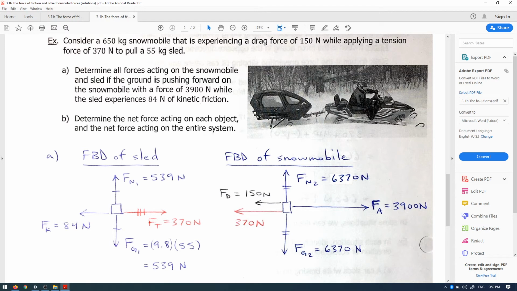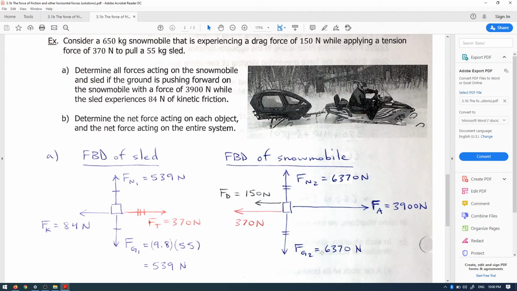It's also going to be 370 newtons, but for the snowmobile, it's actually backward because the sled is behind the snowmobile. And it still has a gravity and a normal, but the gravity is so much bigger for the snowmobile because it weighs more. It's 650 kilograms in mass, and you multiply that by 9.8,